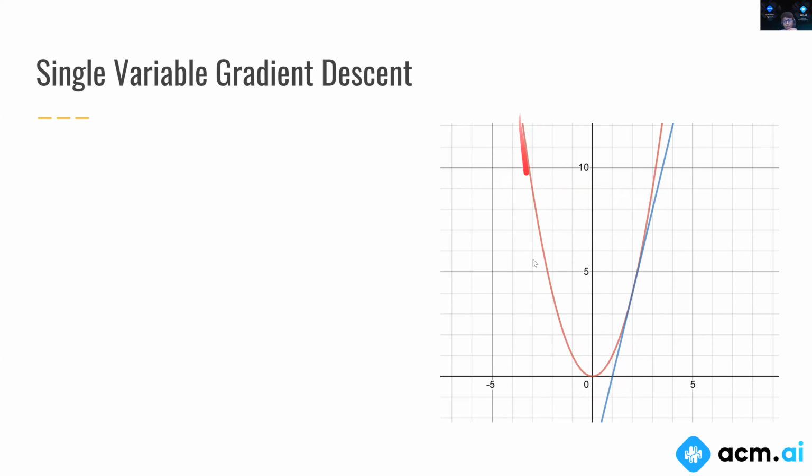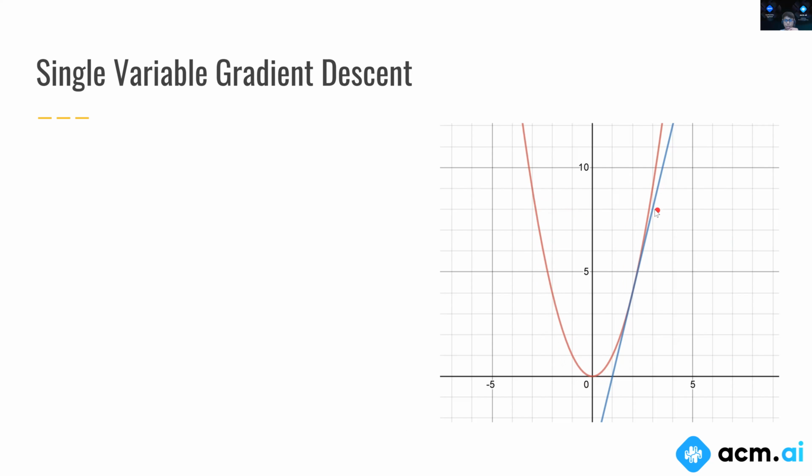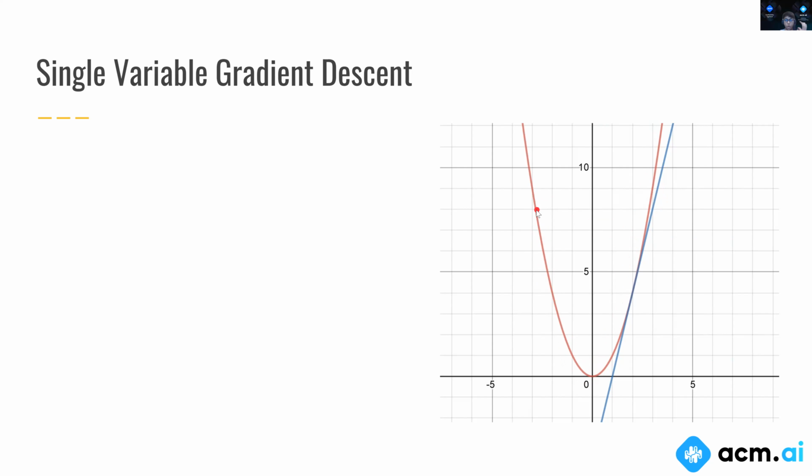Well, I looked at where I am at this point, and I said that the function is sloping downwards, right? So if I were to move to the right, I'd end up slipping down the slope and moving towards the minimum. Similarly, over here, I said, if I'm standing over here, the function is sloping upwards. So if I want to get to the minimum, I need to go down the slope. So the slope is basically just the gradient that we just talked about. So we need to somehow move in the direction of the gradient.